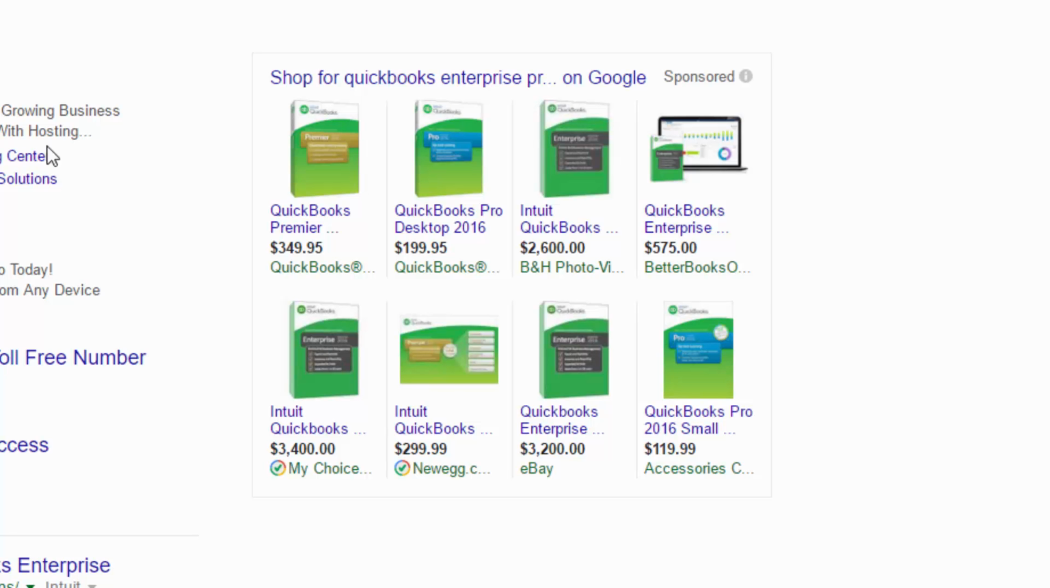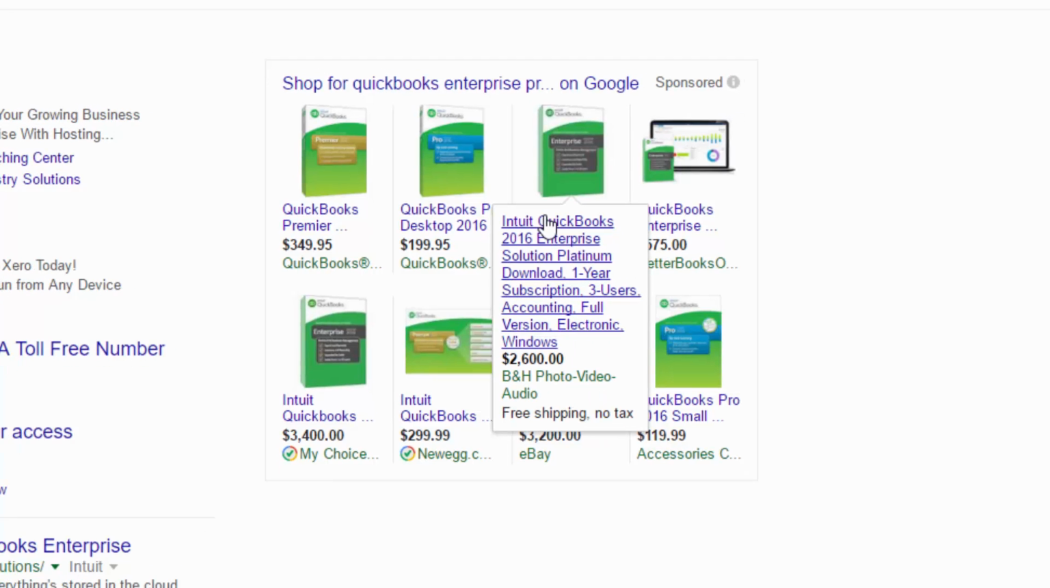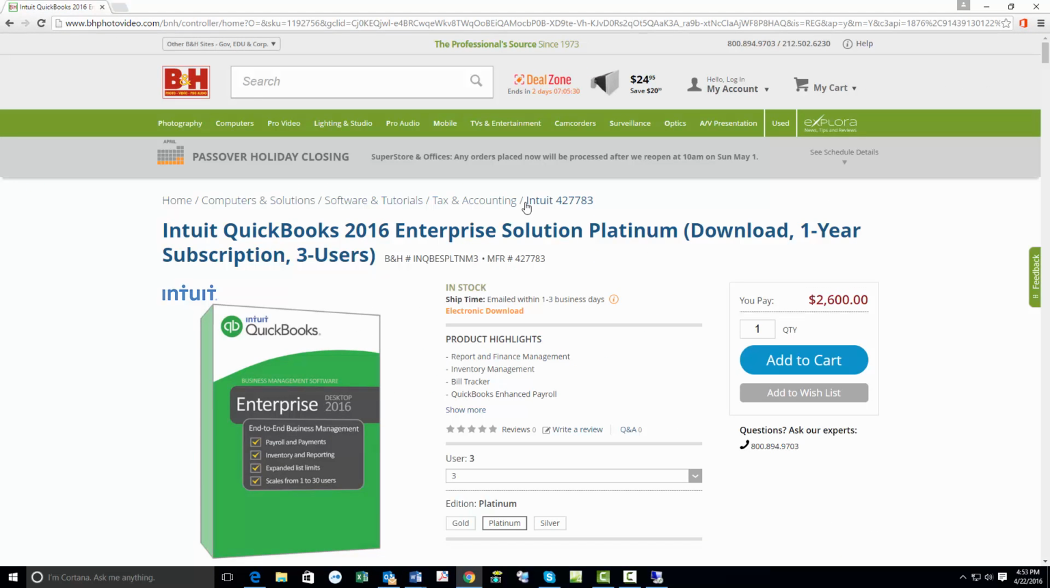And here's that much steeper price for the Enterprise Edition. See, B&H wants $2,600 for 2016 Enterprise. It's good for 3 users. Pretty pricey. And heaven help you if you have to upgrade your program every year, which most people do and is required